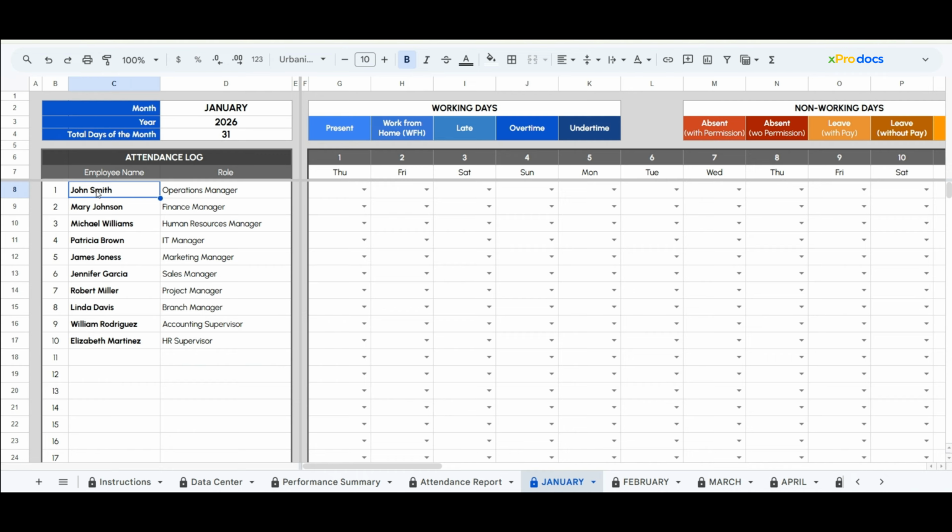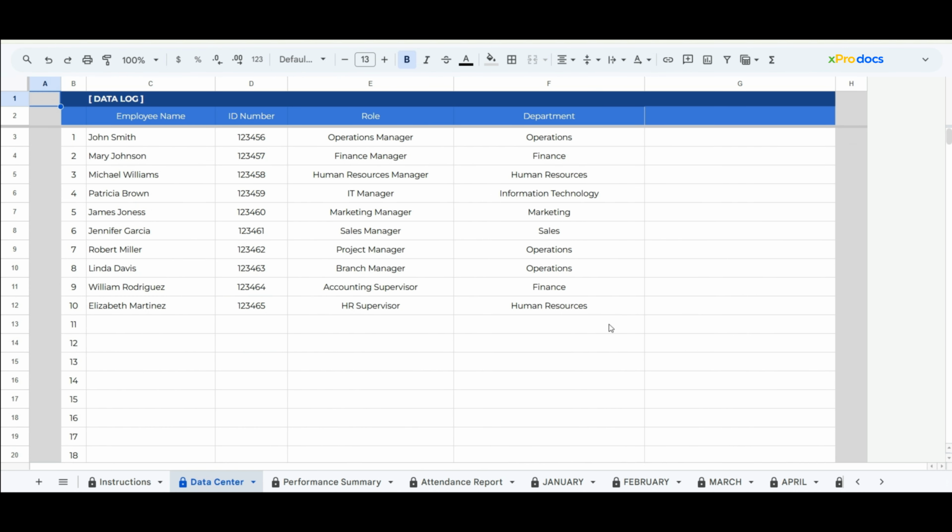Just keep in mind that once you do this, that section of the tab will no longer be automated and will not update from the data center anymore. So, it's best to do this only when you need to preserve old records before removing an employee from your data center list. Before we discuss Performance Summary and Employee Attendance Report tabs, let's first take a look at the